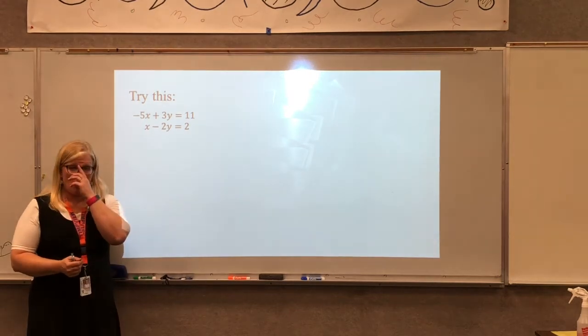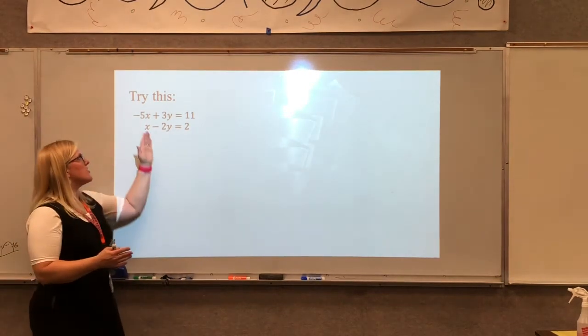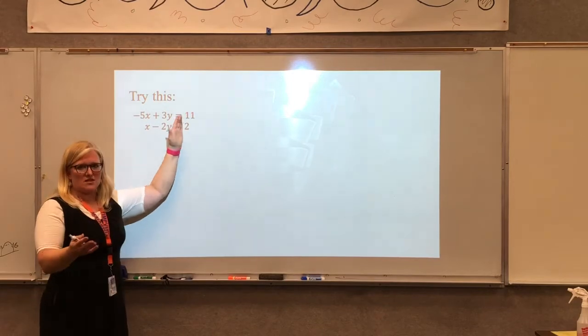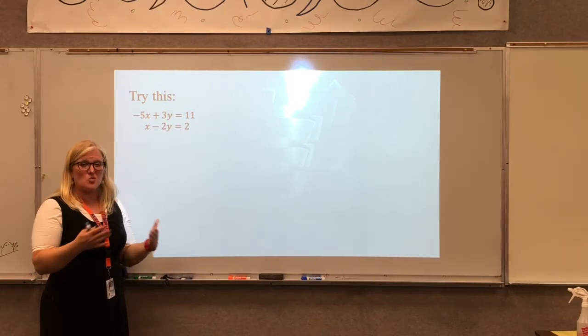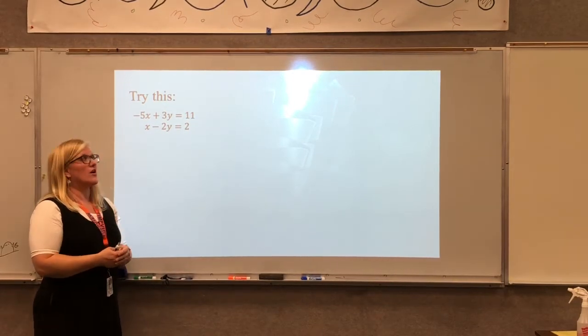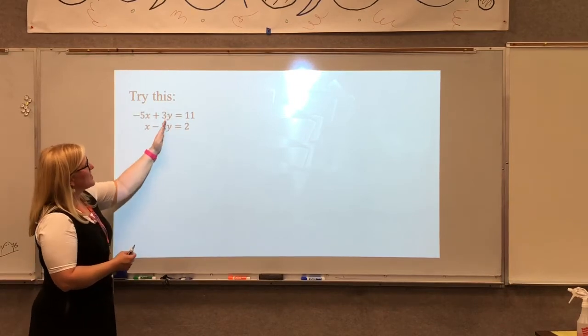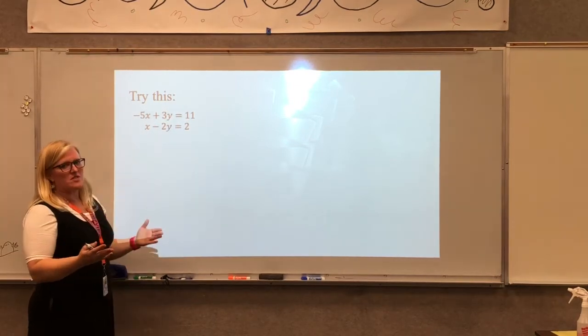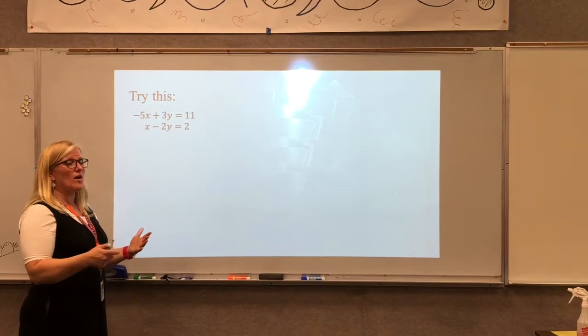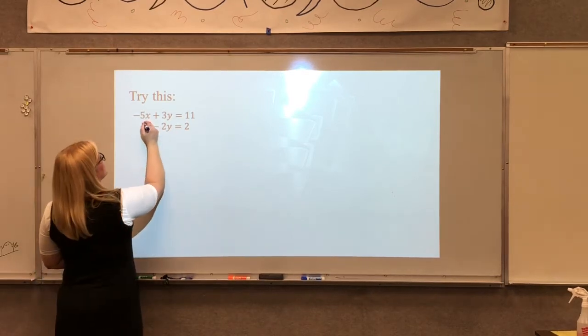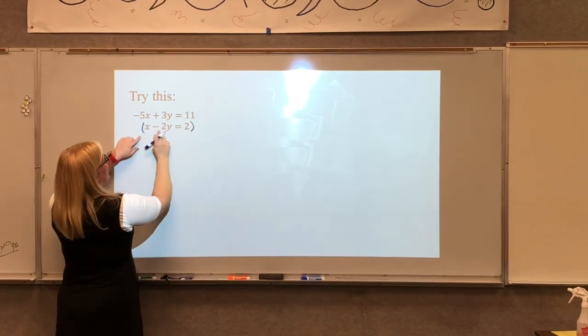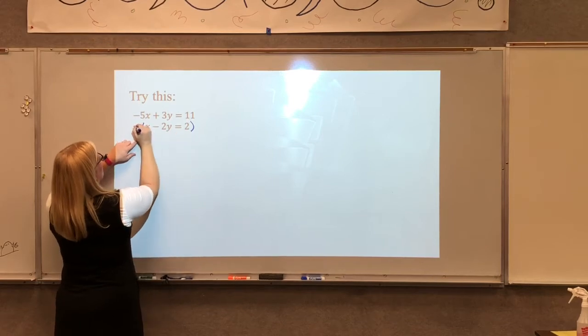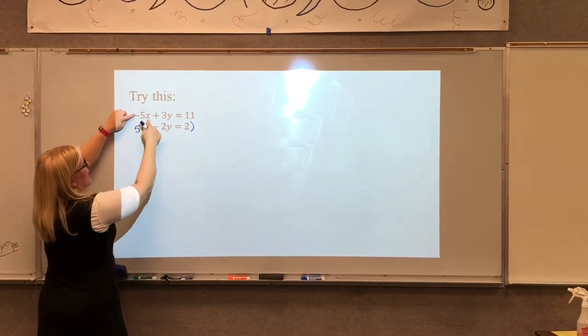Okay, so again we have that same situation. Things are lined up. This is what it means to solve by elimination, because we're eliminating one of the variables. And neither one of these add up to 0. So again, I need to manipulate one of the equations. So I'm going to multiply this bottom one all the way through by 5 so that the x's will drop